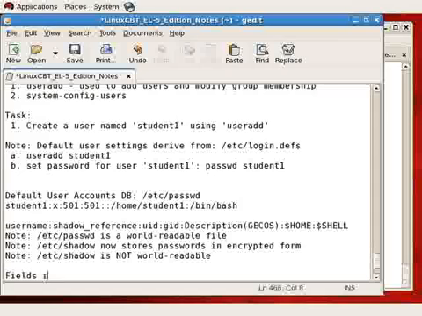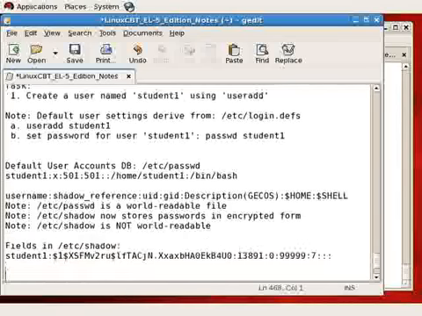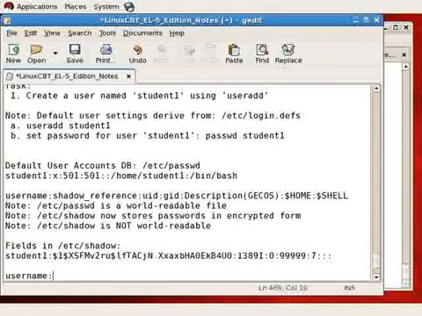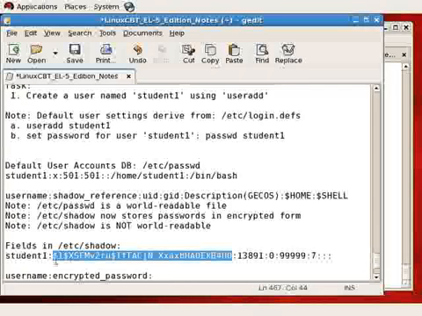So fields in /etc/shadow, for example, include username followed by, and it's usually MD5, but we won't list MD5 because it could be SHA or some other algorithm. So we'll just indicate encrypted password. So the ABC123 that we typed in earlier is represented by these characters, $ all the way through the terminating 0, and the